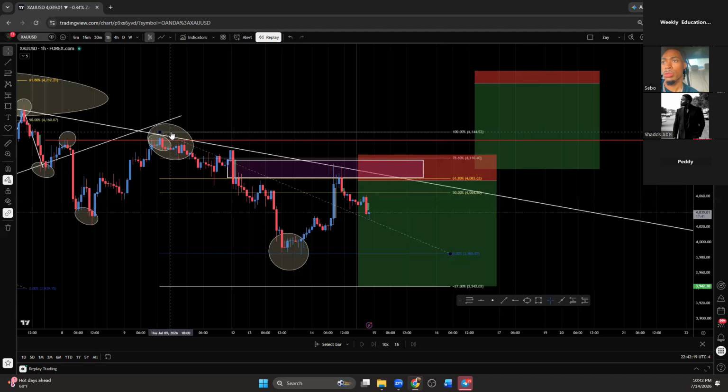Why waste my time trying to catch a retracement on a trade when I know the market is gonna come to me and deliver? If I wait for the retracement to happen, then once it happens, I can just enter the trade. I can be sitting in a trade peacefully, not worrying that I'm in a retracement. Otherwise, the next thing you know, I'm expecting the market to come to the 61.8 and the market only comes up to the 50% and I lose the trade, right? Because I'm trying to target a retracement.